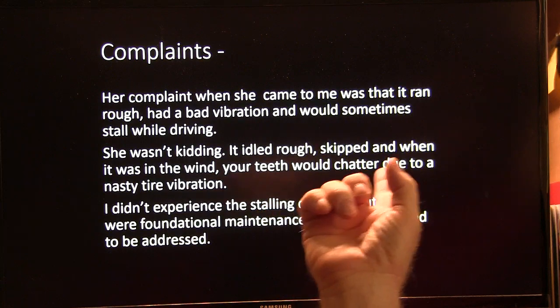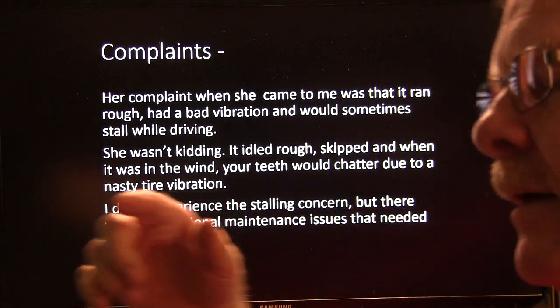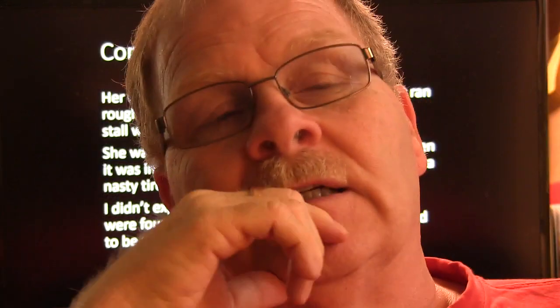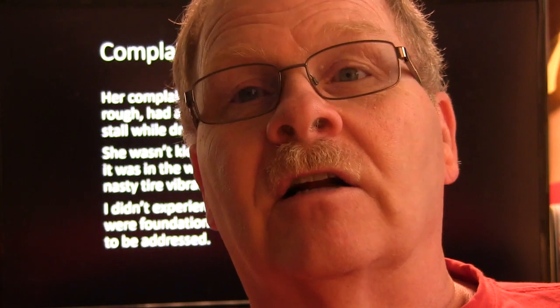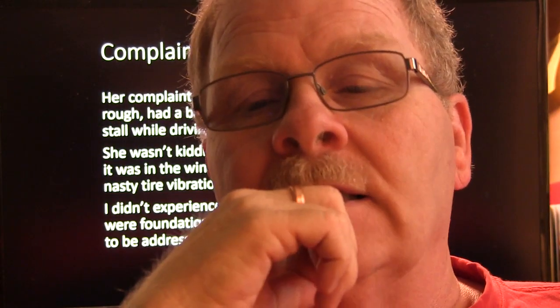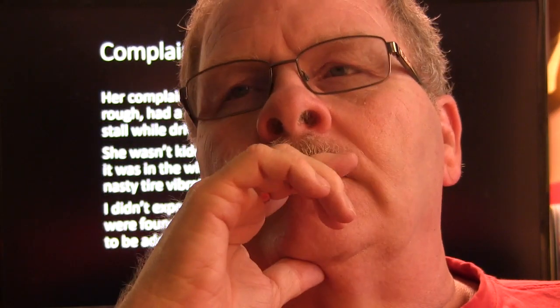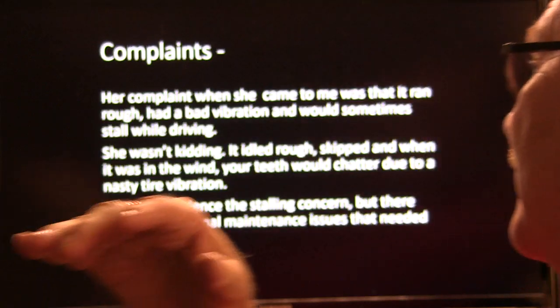Her complaint was it ran rough and had a bad vibration and would sometimes stall while driving. This thing did idle rough. It was just cutting up and shaking, and not just poor idle quality. And when we drove it, it would literally nearly shake your teeth out. I don't know how they even got it over to where our shop was, but we had to put 2 tires on it, and that smoothed up the shaking while you were driving. But it still idled rough. And the interesting thing about it was,